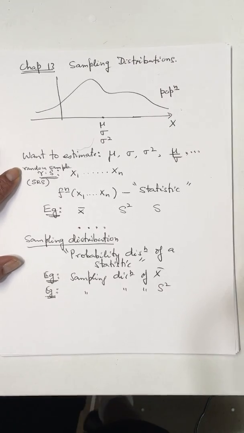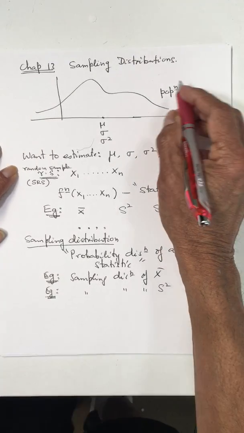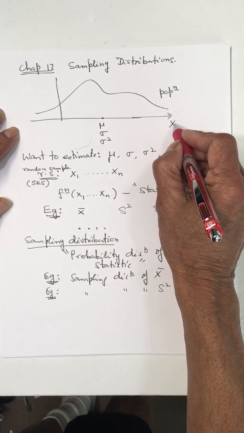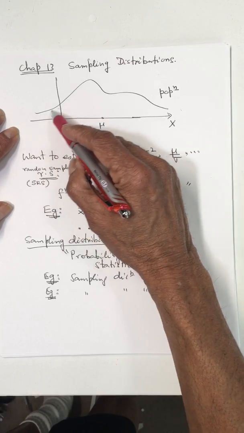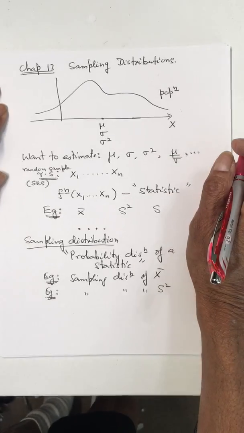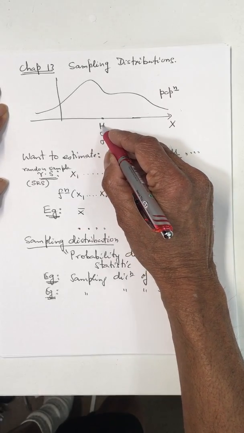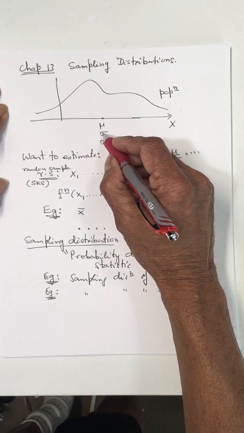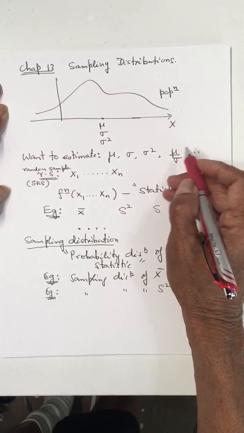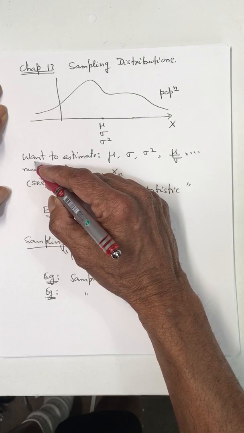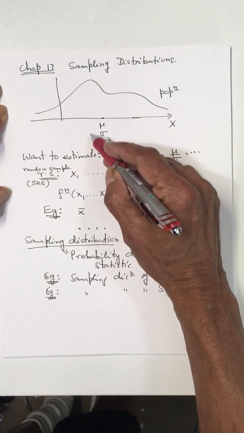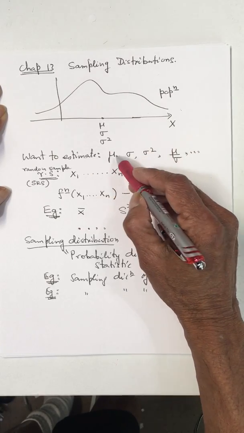Chapter 13, Sampling Distributions. Suppose X is the random variable, could be discrete, could be continuous, and say this is the probability density function for that random variable. And suppose mu is the mean, sigma is the standard deviation, and sigma squared is the variance. In general, these are population parameters we do not know, so we want to estimate them,